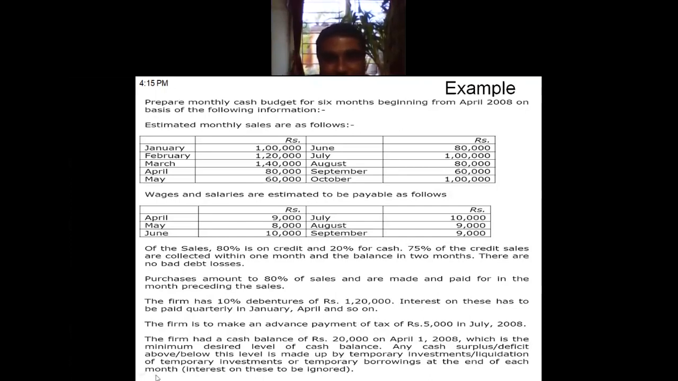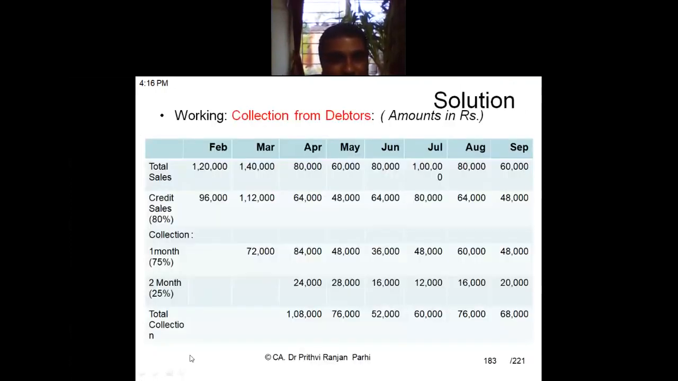So just to have a brief idea about the cash budget, I am explaining the answering process. First, we'll see how much is to be collected from debtors. This data is given to you: total sales in different months. Ten months of data was given as total sales. The question says 80% of this is credit sales, so 80% is credit sale. Okay, and out of this 80%,